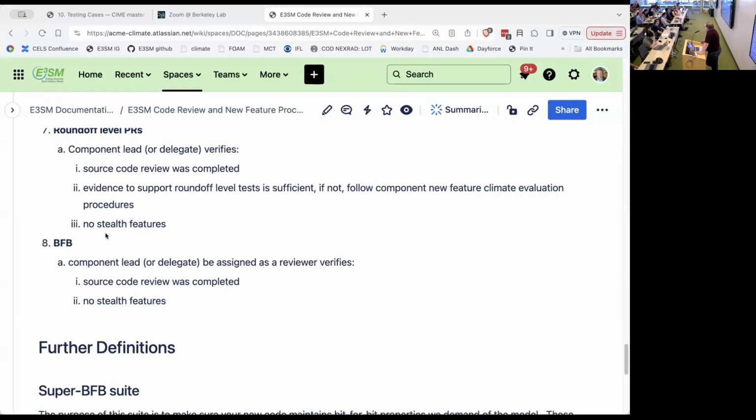And since you're coming in through the submodule, you first have to get into the main code base. And so you would need to follow whatever they have established. And then usually if it's a submodule that's already included within E3SM, this is actually a good question. I'm not sure if it's going to require any additional review. Usually we're pretty in tune with what's happening with the submodules.